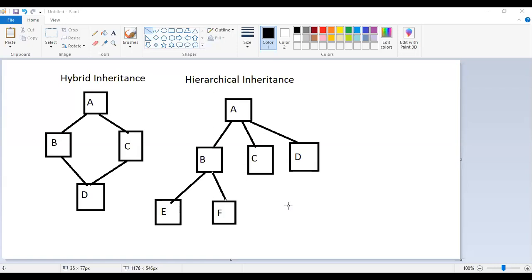In case of hybrid, it is nothing but a combination of more than one inheritance type. And the last one is hierarchical. In case of hierarchical, data is distributed into different levels. First one by default is our root, then next ones are the leaves. Again there are some leaves or child nodes for that particular B class. So let us start with the actual implementation with respect to this. How are you going to access the elements from the derived class?